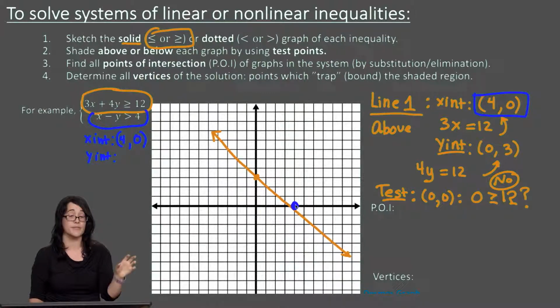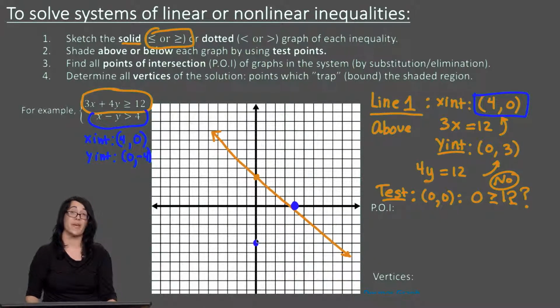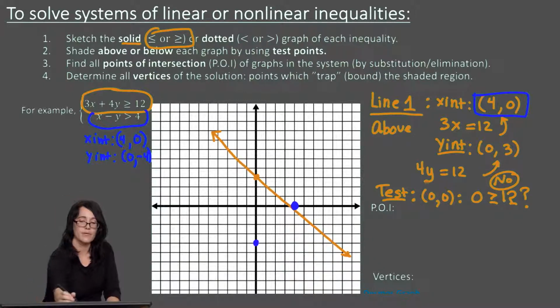Well, we could let x equal 0, which would mean negative y equals 4, or y equals negative 4. So when x is 0, y is negative 4. So let's plot that point down here. And then we can connect our dots with a solid line or a dotted line this time. That's right, it would be a dotted line because we did not have the equal to. So let's make our dotted line going through those 2 points